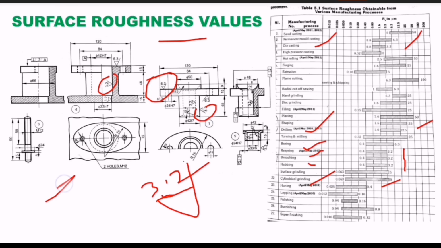So whatever the operation is required to produce that object, that surface roughness values we should indicate on the figure. This is what about the surface roughness values. Every mechanical student should buy hard and mug up this table compulsory without fail. So every surface roughness value is very important.